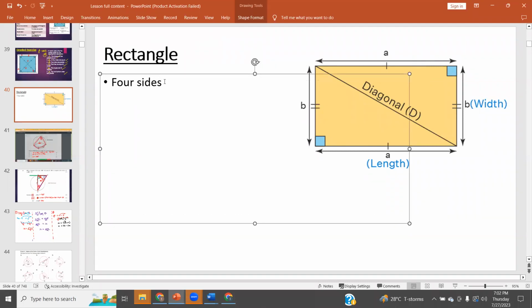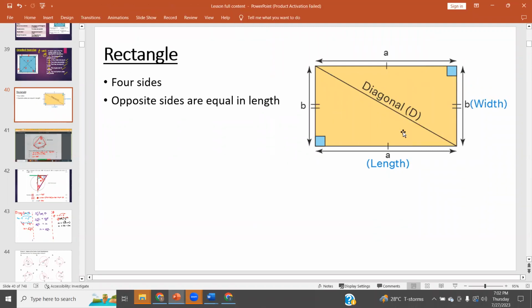So it has 4 sides. Again, opposite sides are equal in measure, or say equal in length. We don't have to make this complicated. What else do we know about the rectangle? What can we say about